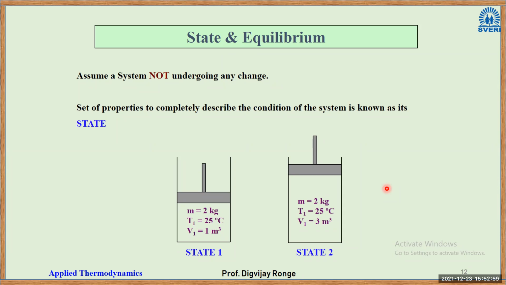So state has other uses also. Generally we say, what is the state of the mind? What is your condition at present? What is the state of your heart? What is the state of your health? What is the state of your life? So in that way also the word state is used. But specifically in our subject, state is used as a set of properties.